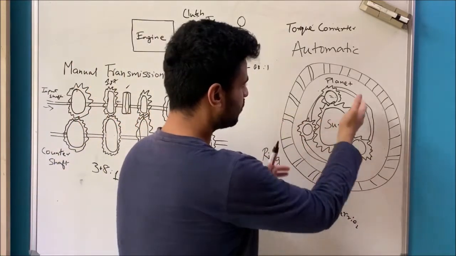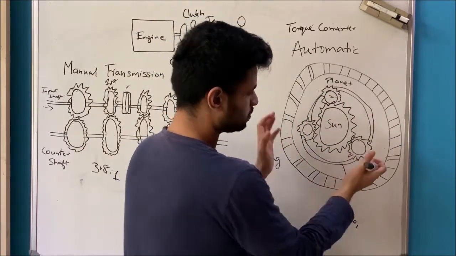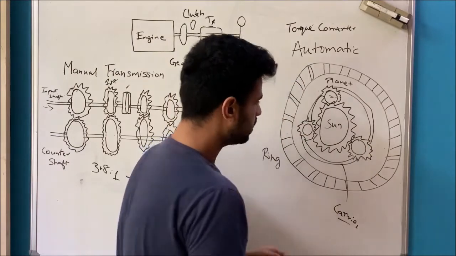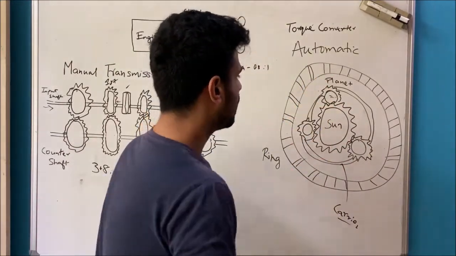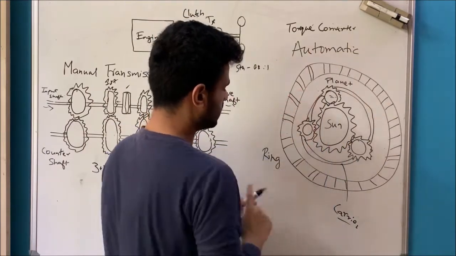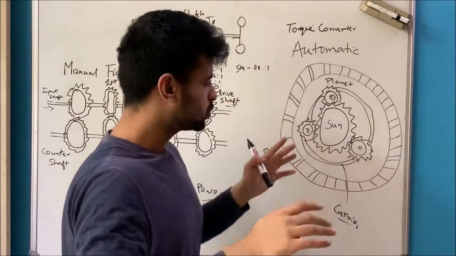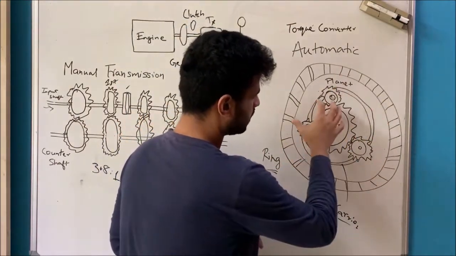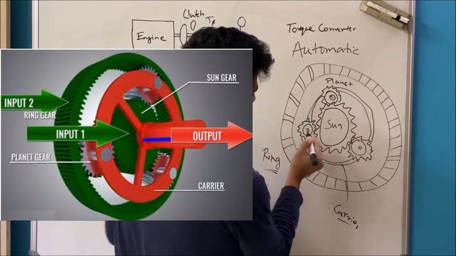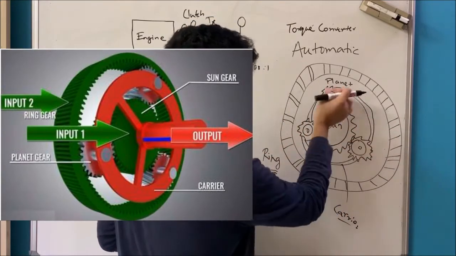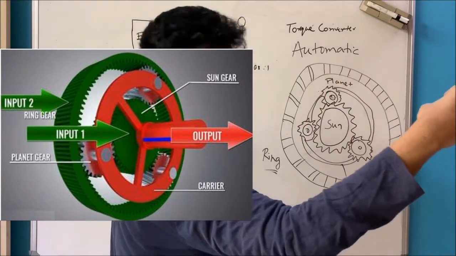So sun gear with planetary gears around it, and it's bolted together by something called a carrier. The planetary gears are bolted to the sun by the carrier, and around all of this is the ring gear. Imagine this 2D diagram as a 3D representation. So let's say we have this arrangement here, right? And say all of them are bolted together, and we have bolts coming out of here, and we put a plate on this, and then we put a shaft out.